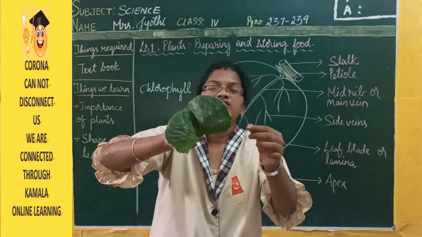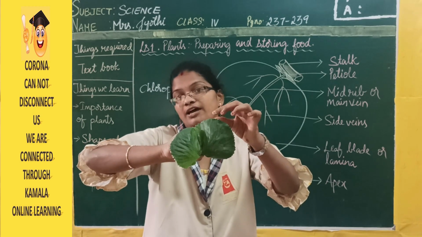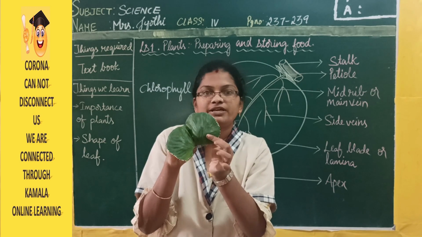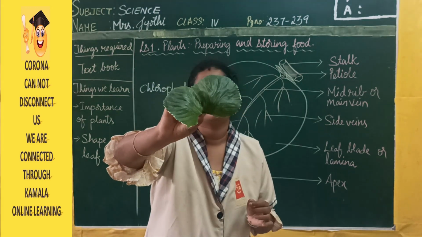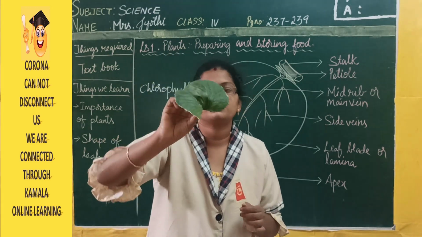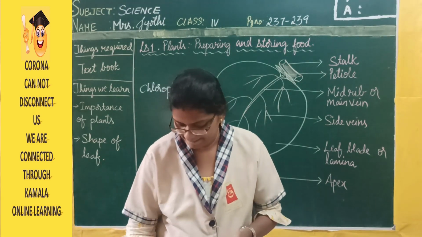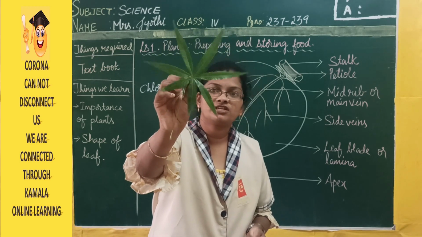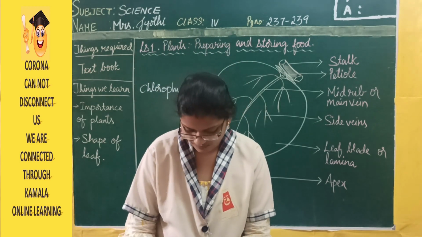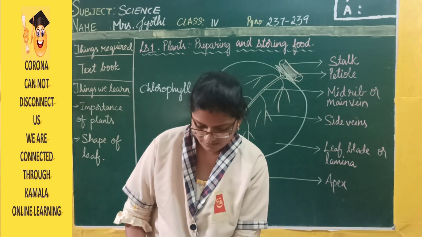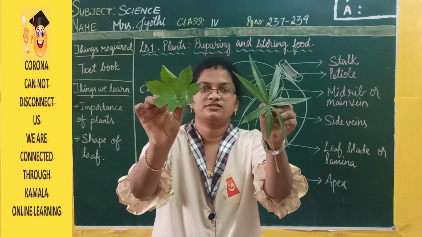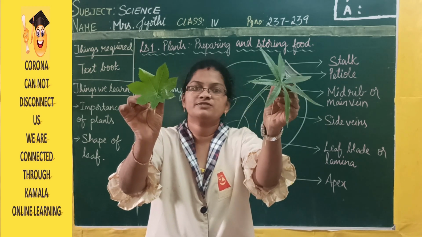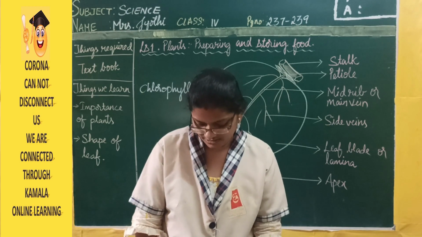Do you see? That means at the edges chlorophyll is absent, and wherever the green colored part is there, at that place you can see chlorophyll. That means chlorophyll pigment is present. Then this one. So this looks like a flower, isn't it? Yes, this. Can you see the difference between this leaf and this leaf? Yes.